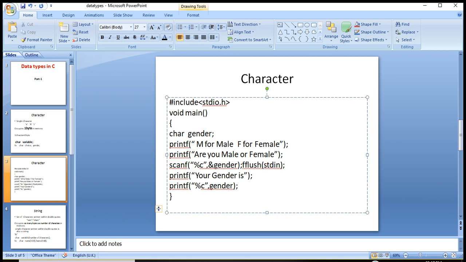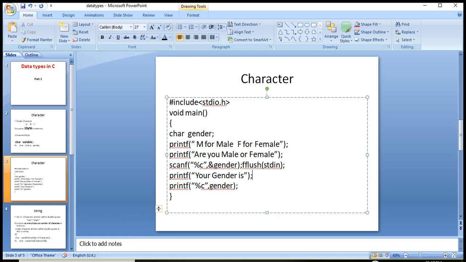This statement, this function, will print the single entered character onto the screen, because the data the user entered is stored in the gender variable.